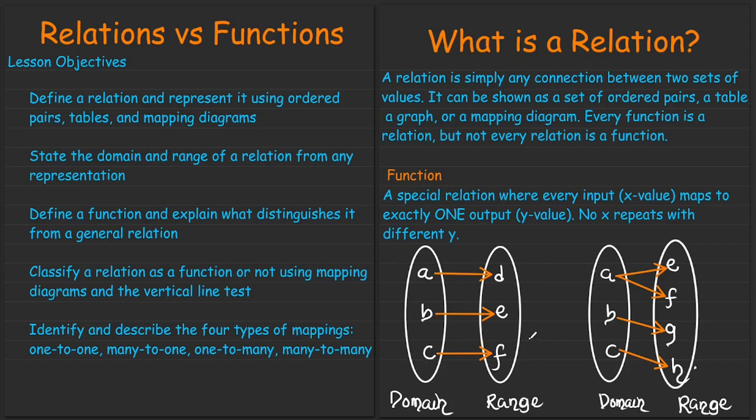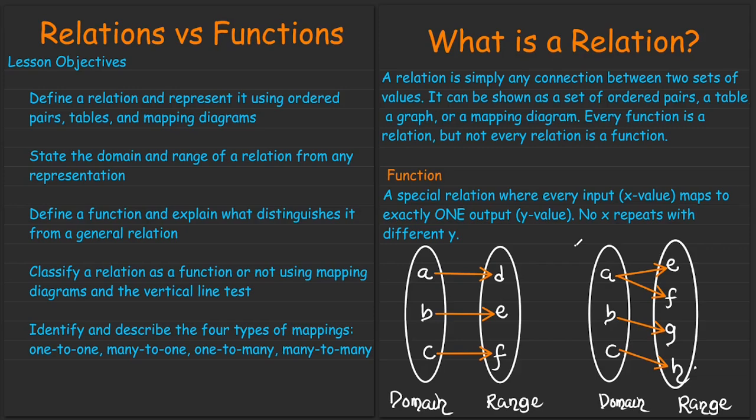Then we are going to call what we have here the range. The range, on the other hand, is the set of all the actual output values that are mapped by the input values. So if I'm to have another letter here, that is I, realize that I is not being mapped by any of what we have here in the domain. So I doesn't become part of the range. Even though we can say it is in this set, which we generally call the codomain,